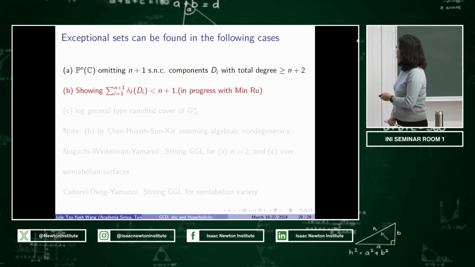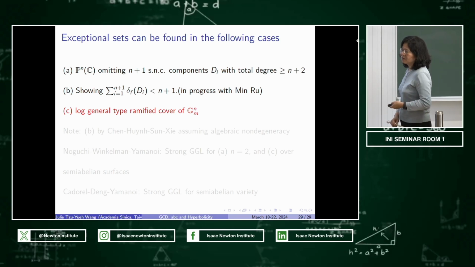For this case, we can also find the explicit exceptional set. And again, for the case of log general type ramified covers over G_m^n, this method also leads to finding the exceptional set. And historically also,